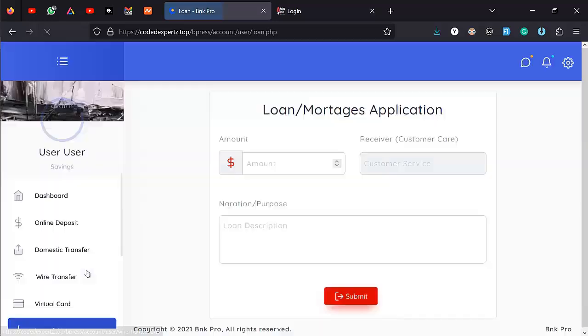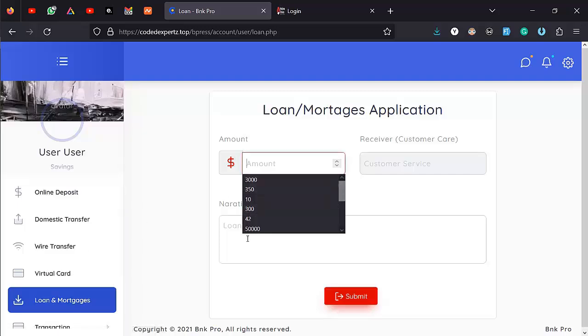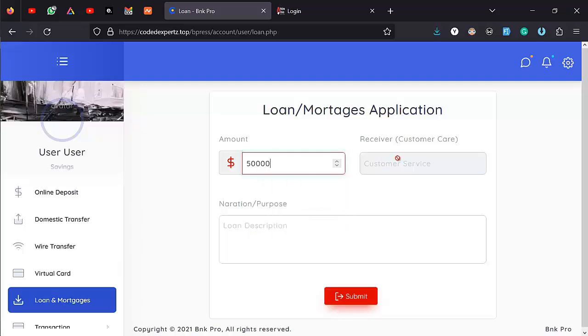So for mortgages, the user can apply for a loan or apply for a mortgage. Okay, so when the user applies, it's going to show up on the admin's dashboard also. So the admin can approve and credit the user's account. Okay, so let's apply for a loan. Let's say we want a loan of 50,000. So this is where it sends to, and let's say I need it for, okay,